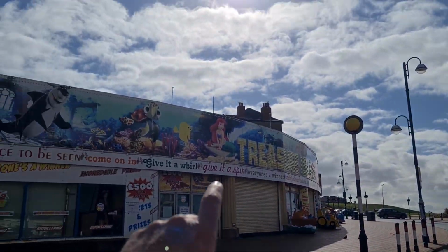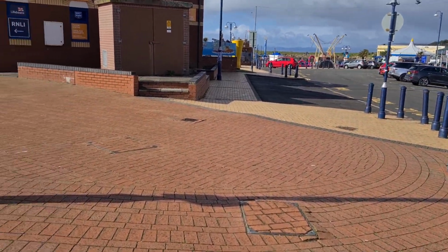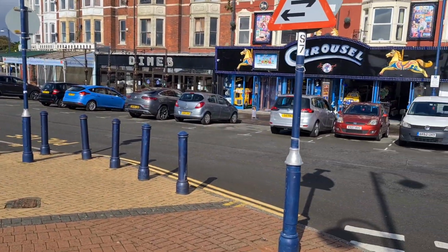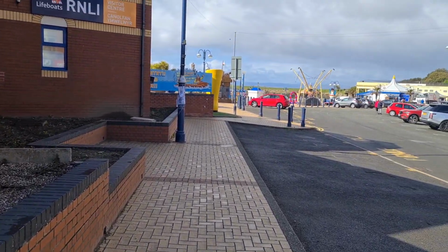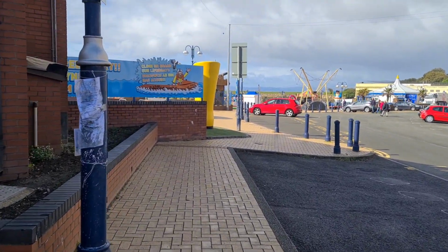But look at the sun up there. Very deceiving, guys, I tell you. It's forecast rain all morning, and this is why I've just rushed out. I wanted to just give you a quick show around, you know, what's here, what's going on, and how the wind has affected things. I was expecting more wind damage, to be honest,